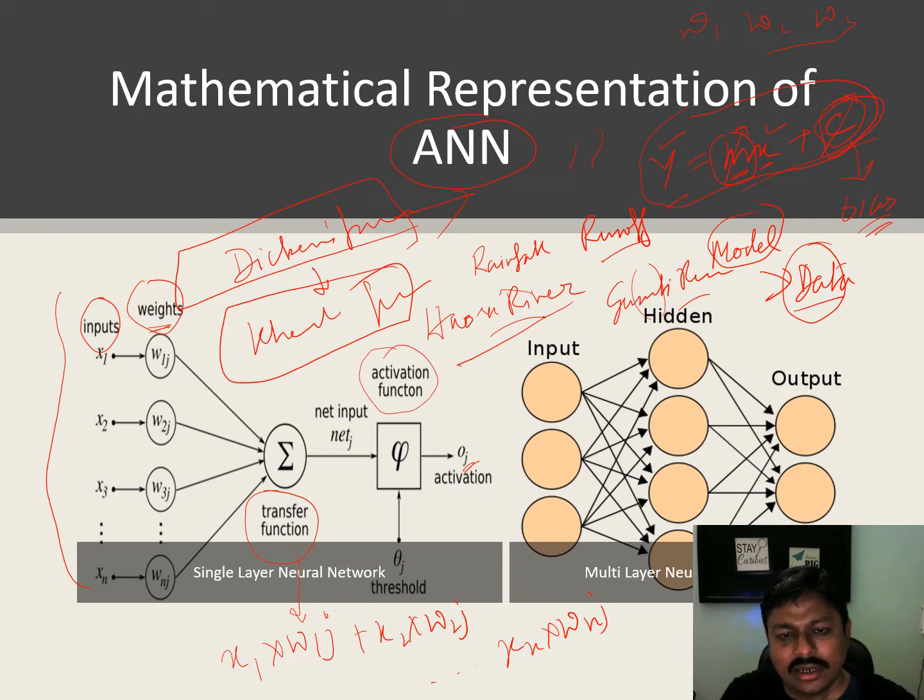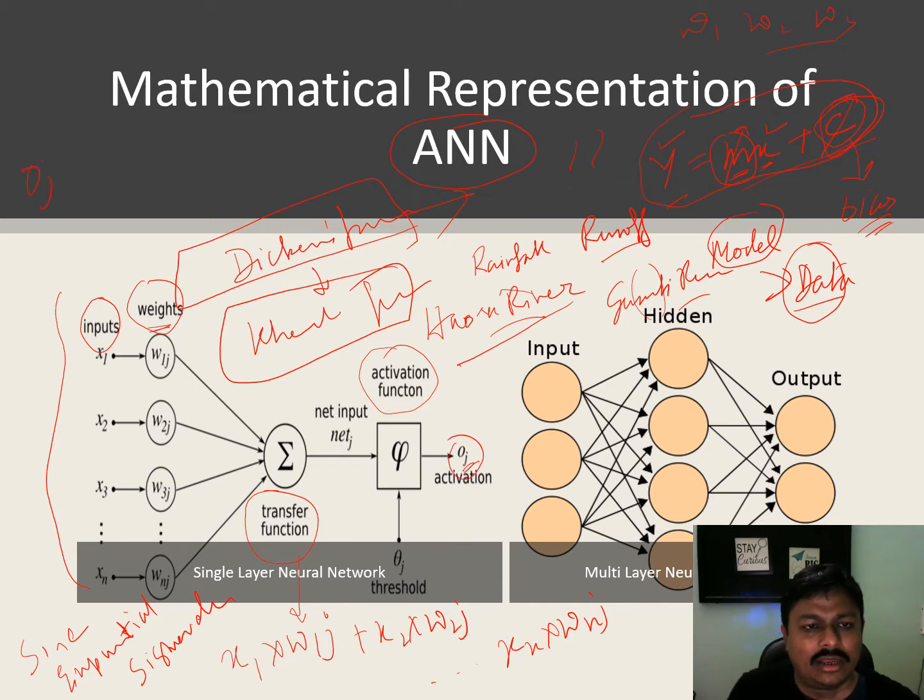And these activation functions can be either a sine function, an exponential function, or a sigmoidal function. There are various types of activation functions available in the case of a neuron. Now, what happens is y is predicted like this: OJ is the activation function of the summation of the product of the values of inputs and the weights assigned to those inputs,